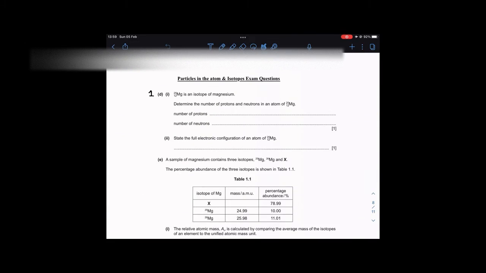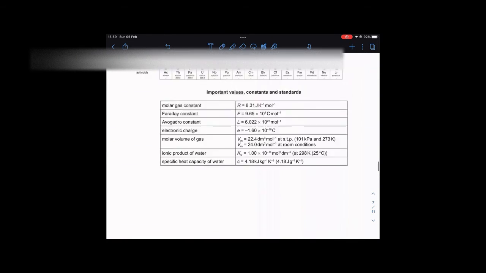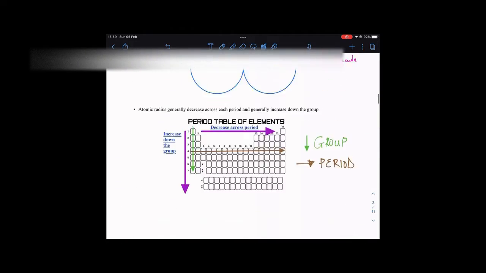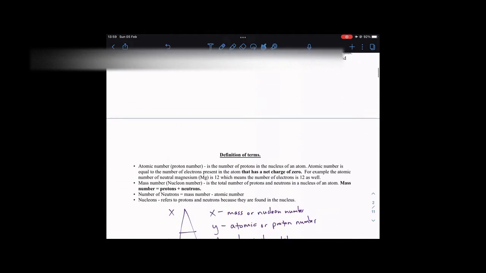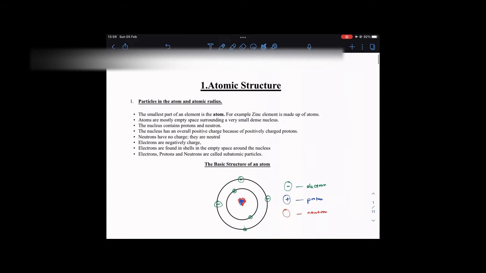At the end, we're gonna look at exam style questions of particles in atoms and isotopes. So let's begin straight away by defining and explaining what an atom is, its structure,